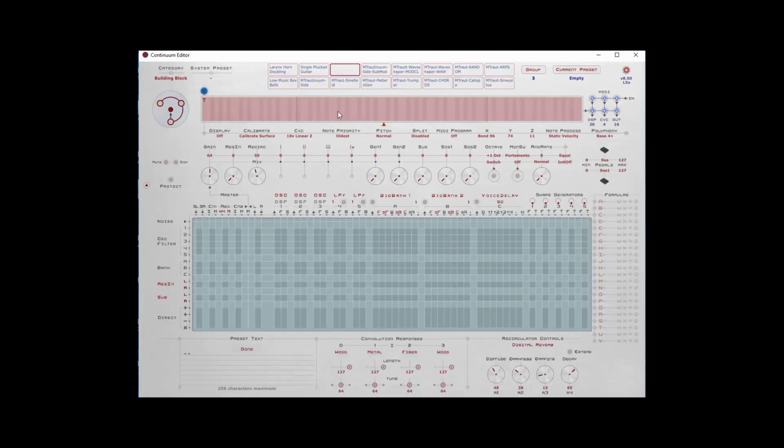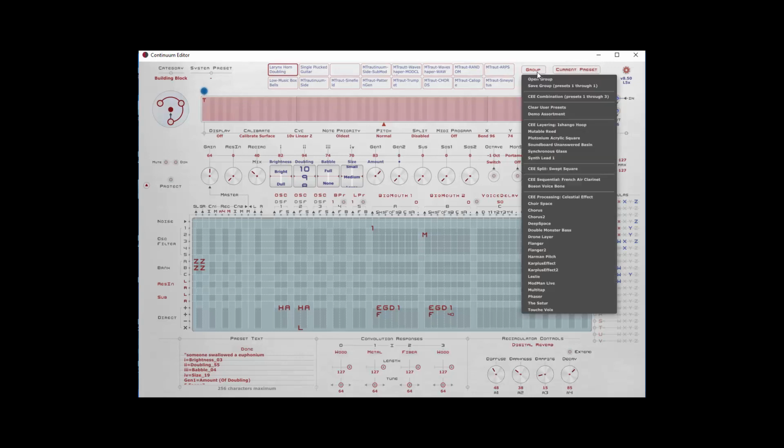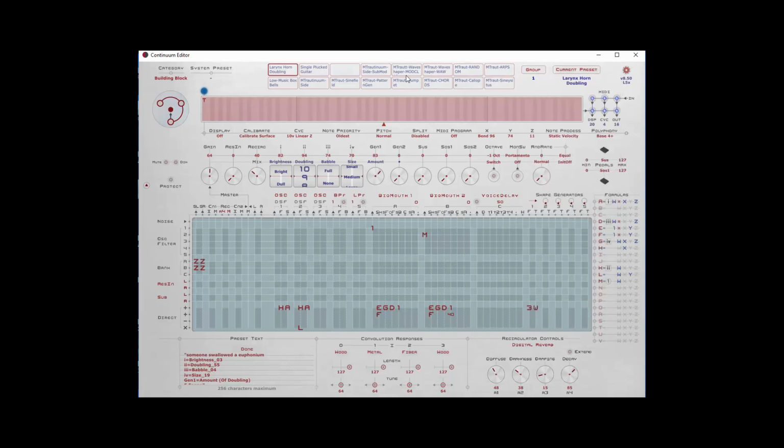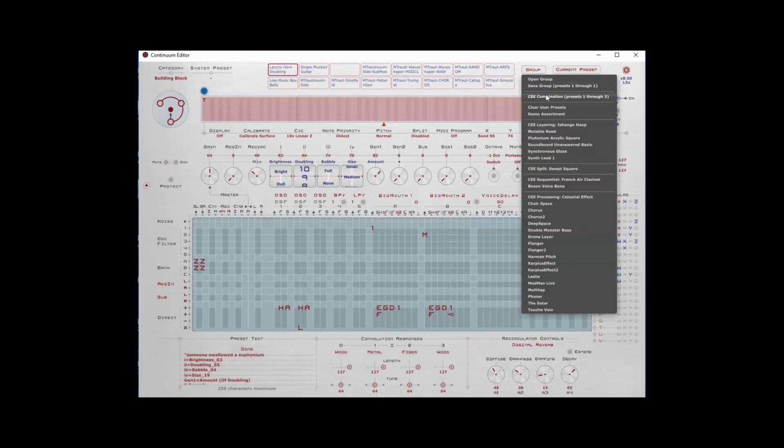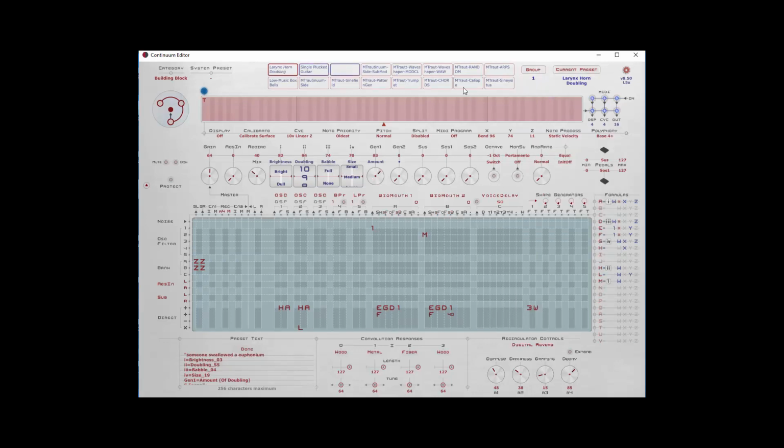Now the next thing I want to do is click the first of the 3 presets that I'm going to group together in the new function in the 8.50 firmware that lets me combine presets, a CCE combination. So under the group function, I'll go CCE combination presets 1 through 3, and that'll take the first preset that I selected and create a set of presets with those 3. Oops, why didn't that take? Let's try that again. There they go. And now I have all 3 of these combined. So when I play now,